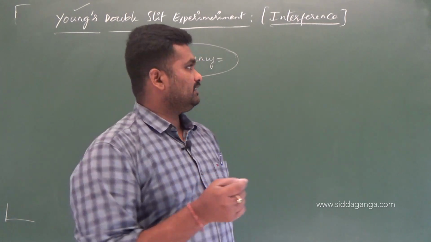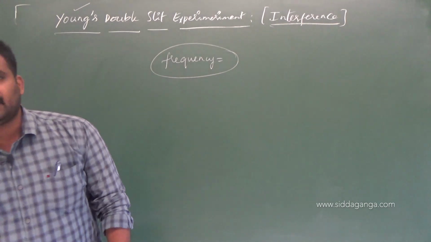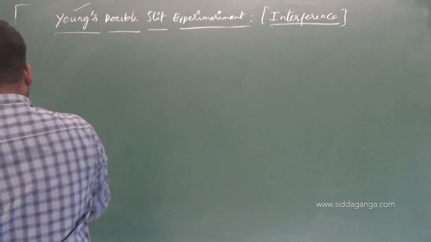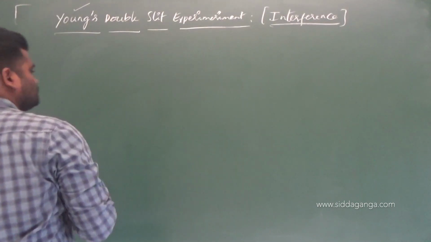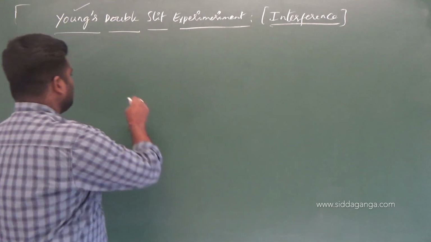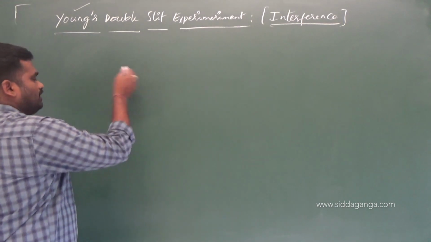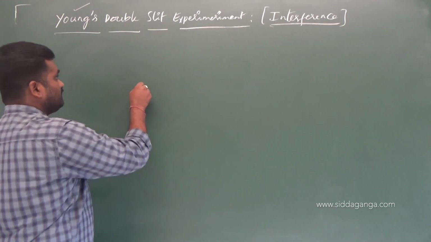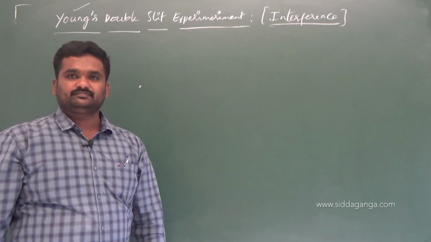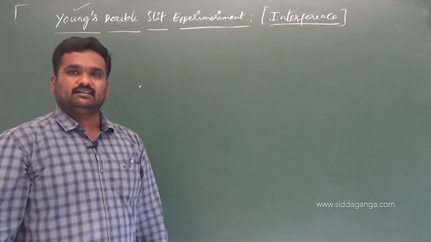So how can a single source act as a coherent source? For coherence we need a comparison, so we need two sources, or two waves. If I want to say two waves are coherent, we need to have two waves. With a single source we cannot have coherence. Then how, with two individual sources, can we have the coherency condition? There is one small technique that Young made use of, that is division of wavefront. Hope you remember the wavefront concept we studied in the very first class.